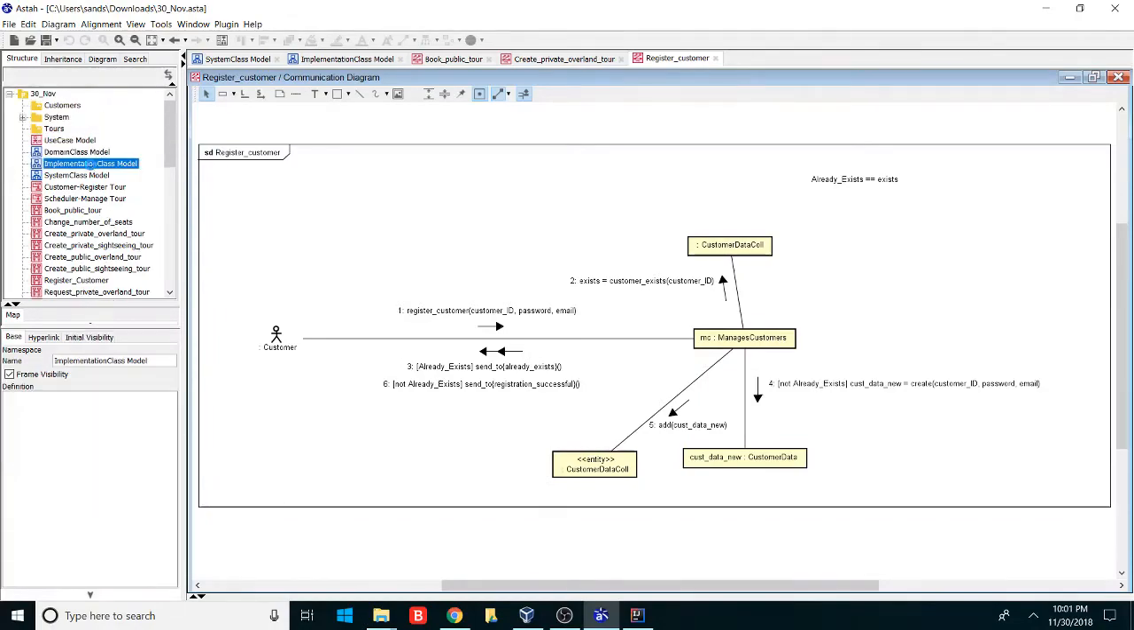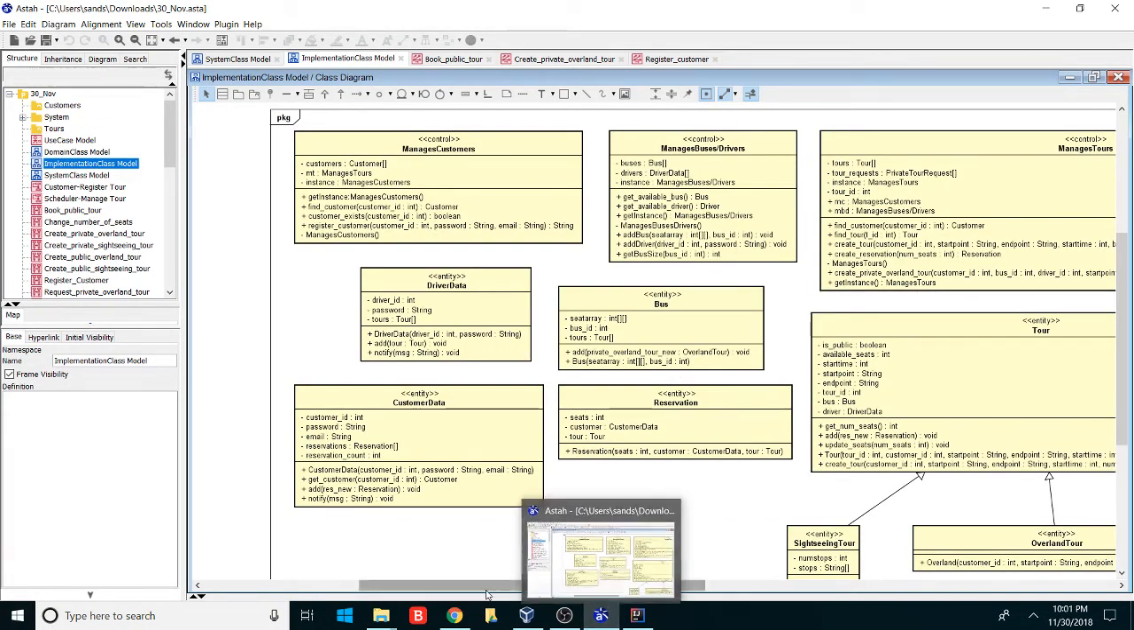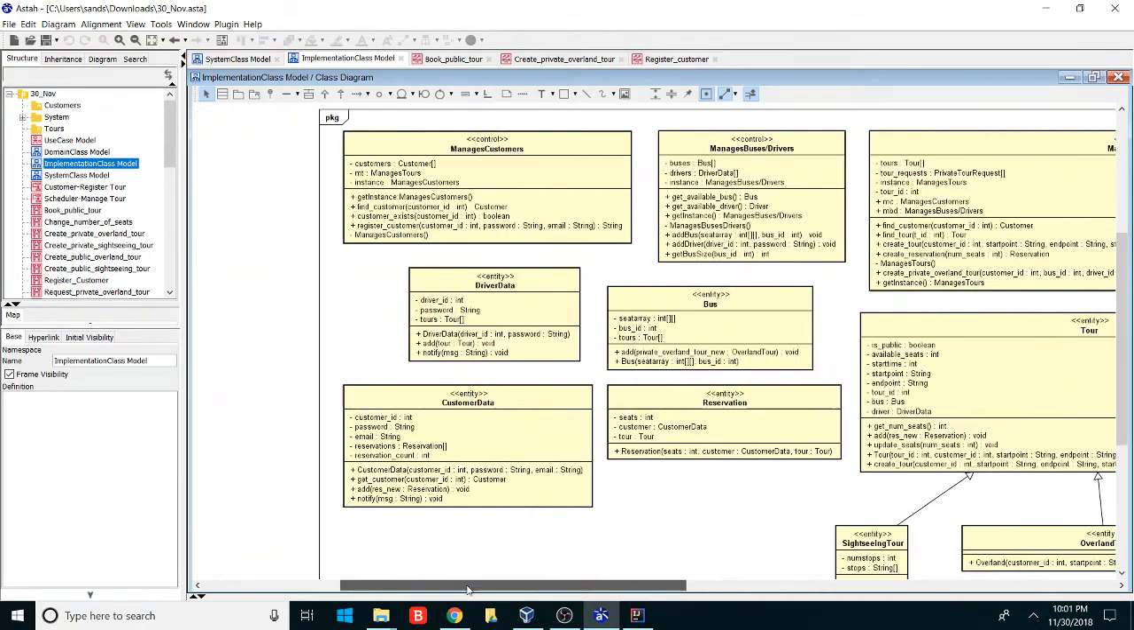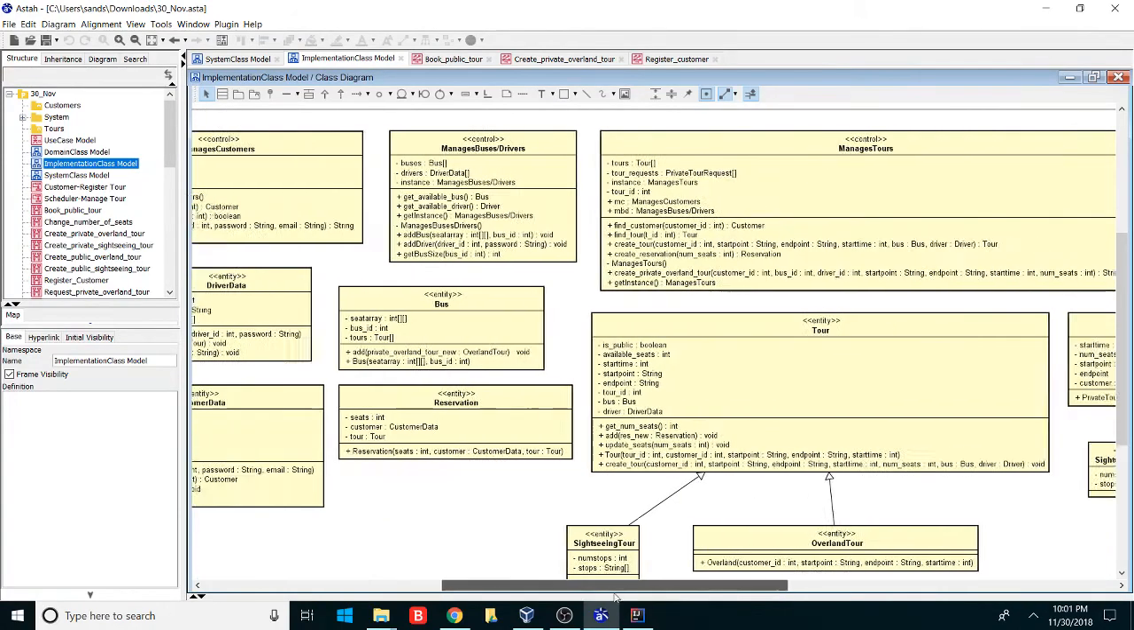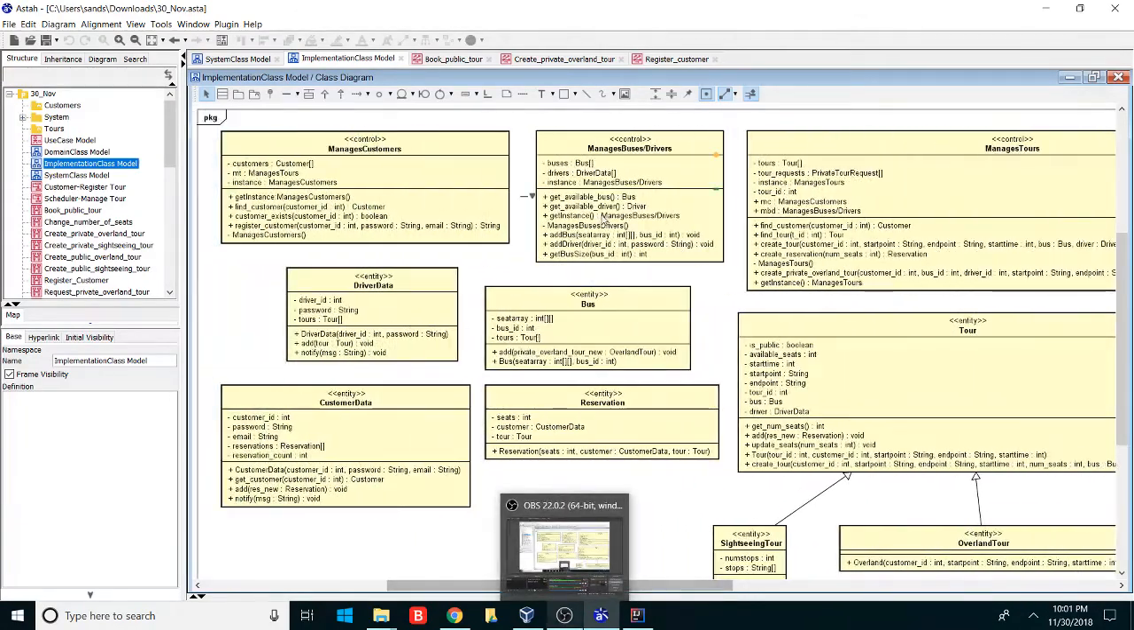All right, so let's look at the implementation class model. This is kind of big, right? It's kind of lengthy, so I'm not really going to go into detail over a lot of this, but I just want to point out that our control classes are singletons, so we have the get instance methods and the instances. And one other thing to notice is that there are a lot of other control classes